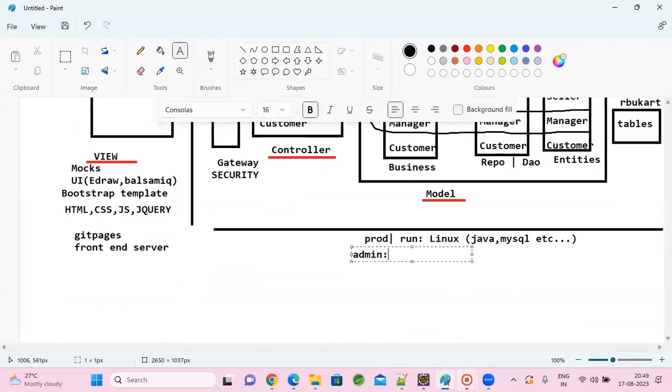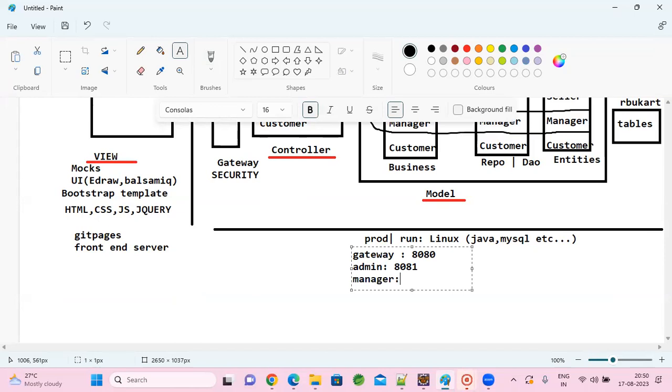Consider for example that your gateway application will be on one port, say 8080; the gateway will run on 8080. Admin you can run on 8081, it's up to you.